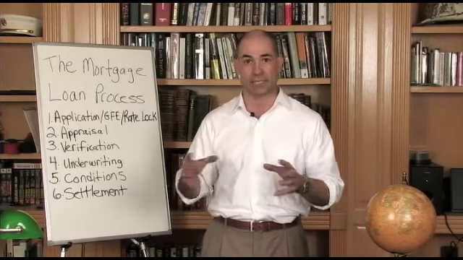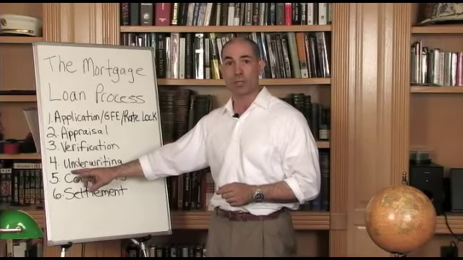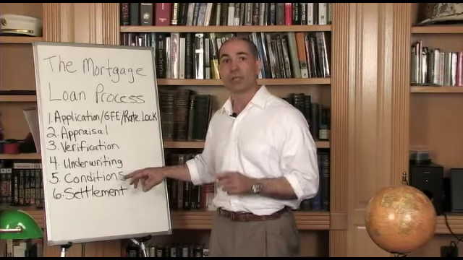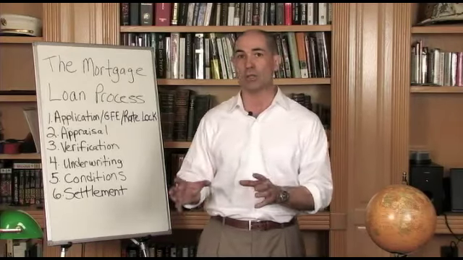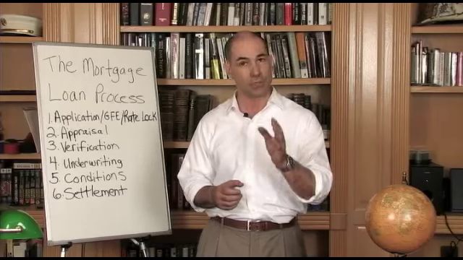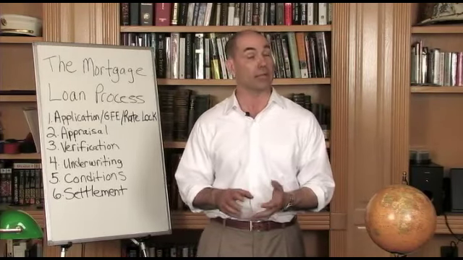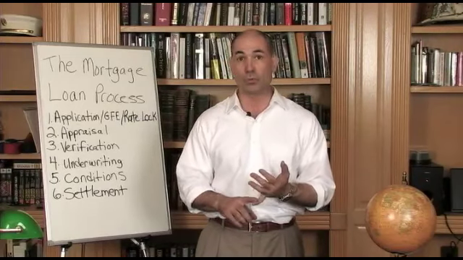Once that information is gathered and that file is compiled, they will then submit that loan for final approval to the underwriter. The underwriter then makes sure that all of the information that was originally determined to be accurate in the file actually qualifies you for the mortgage loan. This will result in one of three things: either a denial of the loan, an approval for the loan, or